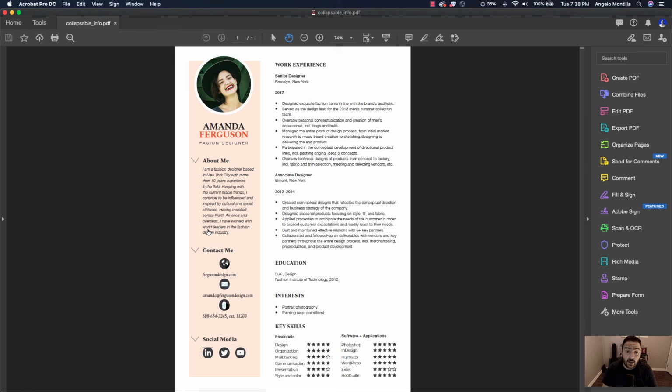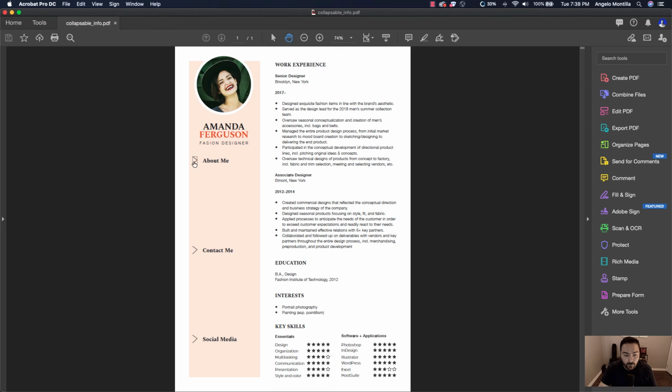So depending on how you want to deliver this resume or apply to a specific job with this resume, you can either send it as an interactive PDF or share the link to the online version. I will note that you have to be in Acrobat Pro or an Acrobat Reader for the interactivity to work.